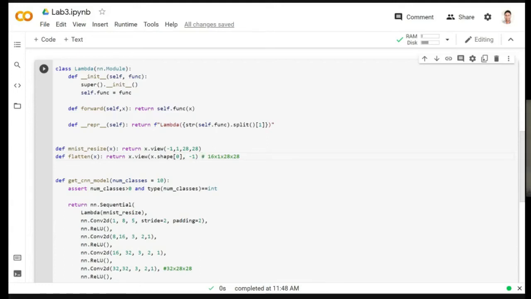Like, what if I give it a 1080 by 1080 pixel image? This is not going to be able to handle that, and I'm going to have to rewrite this function again and again, which is not convenient. I mean, this works very well. And again, I'm going to pass it through the Lambda function because it needs to get class. So lambda flatten. And after that, I'm just going to pass it through a linear layer, which basically takes in